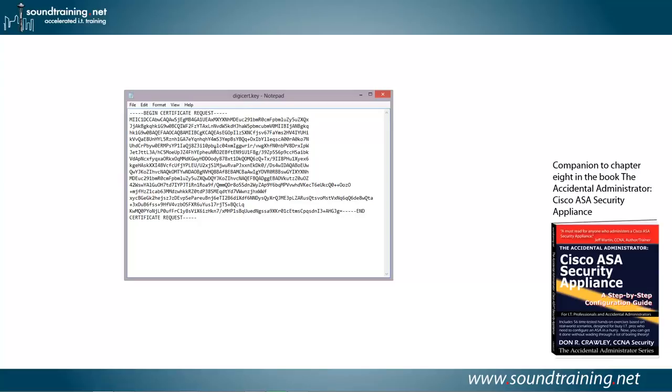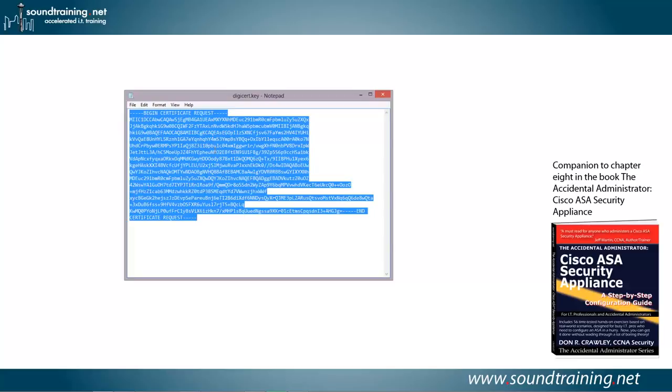go to the DigiCert website, and I'm going to do that offline. You don't need to watch me go through all that. And I'll paste it into a form on the DigiCert website. So we'll use a Control-A to select all, Control-C to copy, and then I'm going to go to the DigiCert